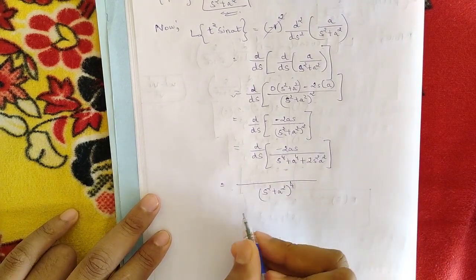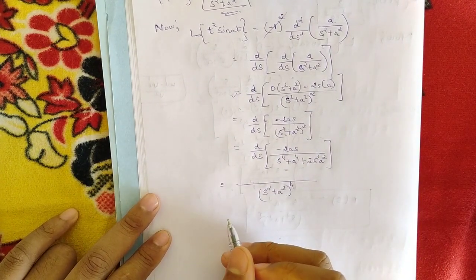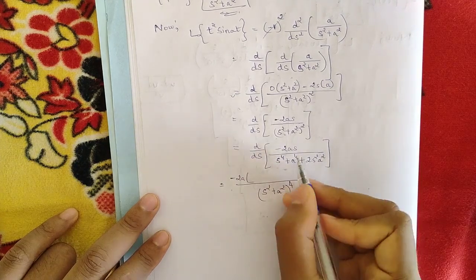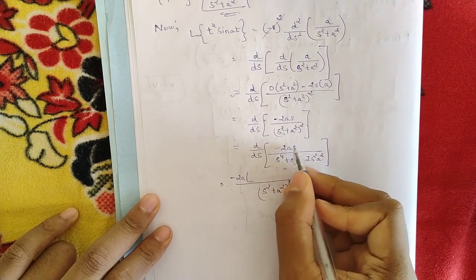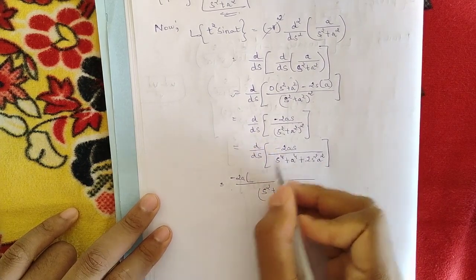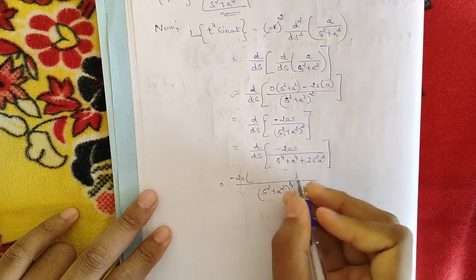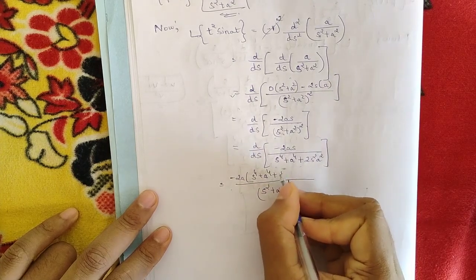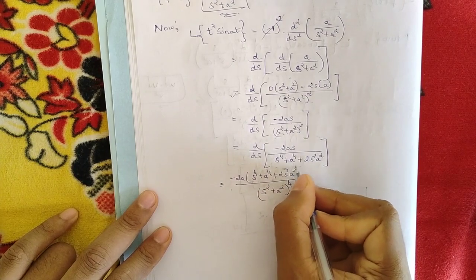Okay, and minus 2a, that is the differentiation of the numerator with respect to s here. Differentiation of s is 1, so we are left with minus 2a, and the denominator as it is, that is s power 4 plus a power 4 plus 2s square a square,